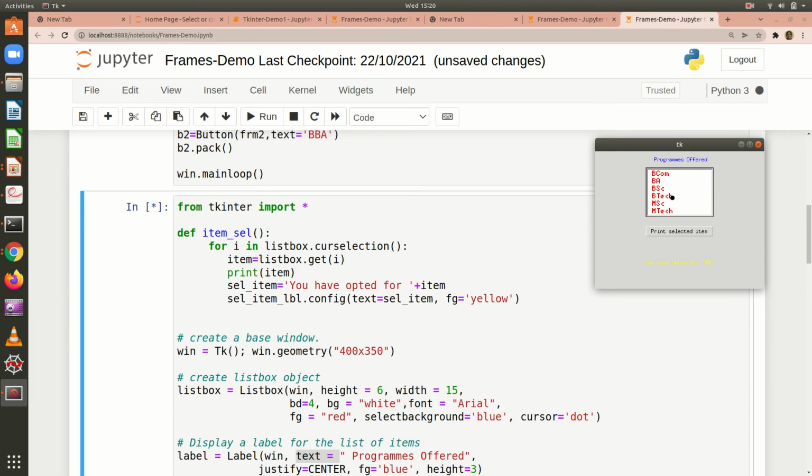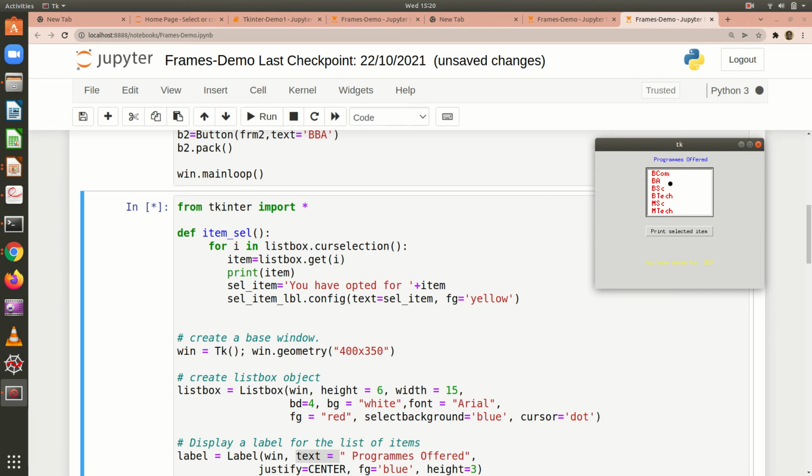I want the current selection. So for which I use this for loop: for i in listbox.curselection(). So whichever items are selected, all these will be available in this particular for loop, and I am going to get the value by using the get method. So if I say get of 0, then the first item will be available.